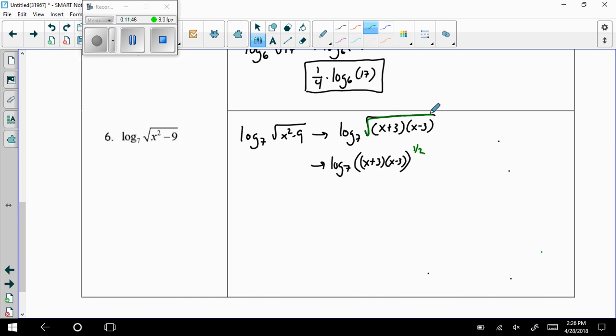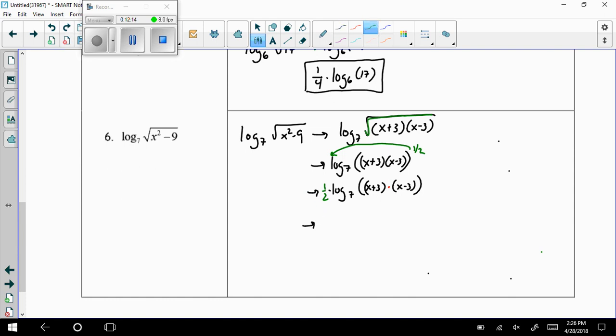If I have a 1/2 power there, I can write that all the way out front. So now I'm kicking this to the front of my expression. And it's 1/2 times log base 7 of x plus 3, and I'm going to make this a little bit more obvious, times x minus 3. And the reason I wanted to write that there is I want you to see that product rule and see that we can now use addition to separate the two logarithms. So now rewriting this,